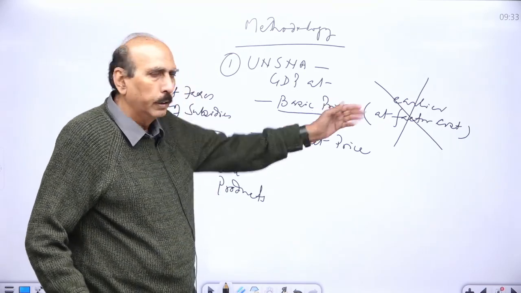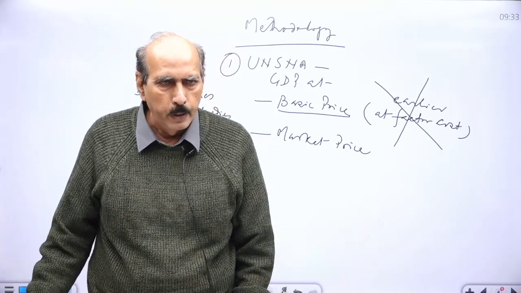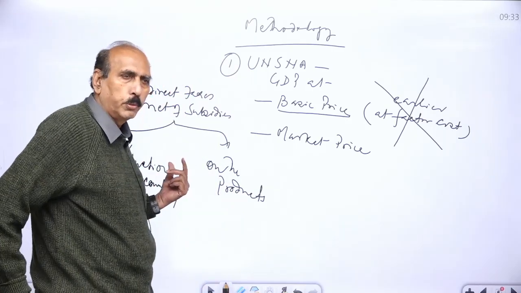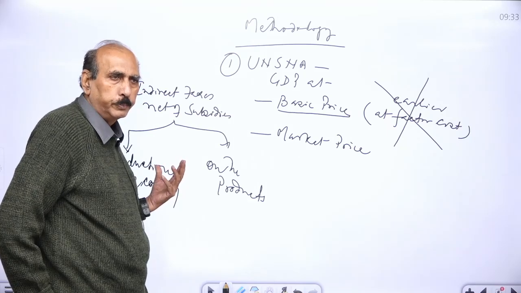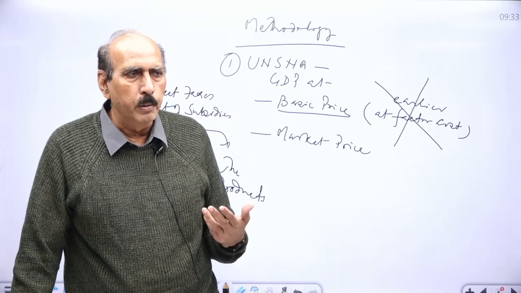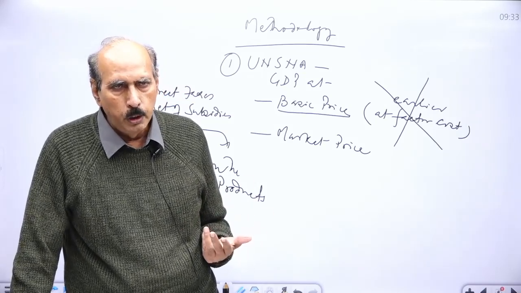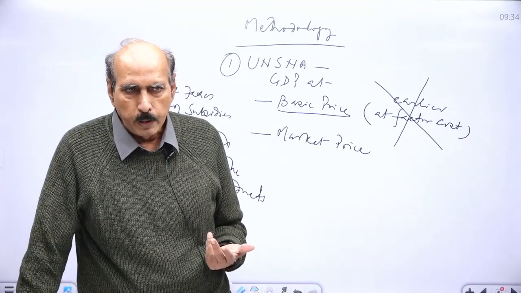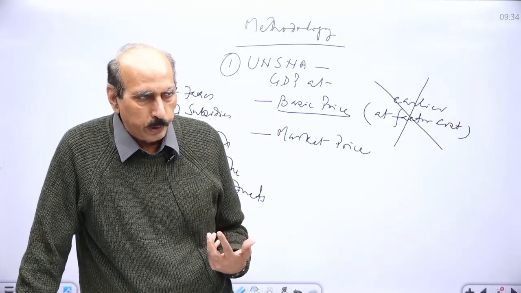ऐसे हम इसमें क्या करते थे, लैंड लेबर कैपिटल एंटरप्रेन्योर इनका इनकम काउंट कर लिया, फैक्टर कॉस्ट हो गया. What we are doing now is counting whatever taxes are imposed in the production process. For example, you have bought the land, you may have paid stamp duty, some fee must have been given to the registrar. These are the taxes imposed on you. If you employ a very highly skilled worker, professional taxes are to be paid. That is the tax paid during the process of production.